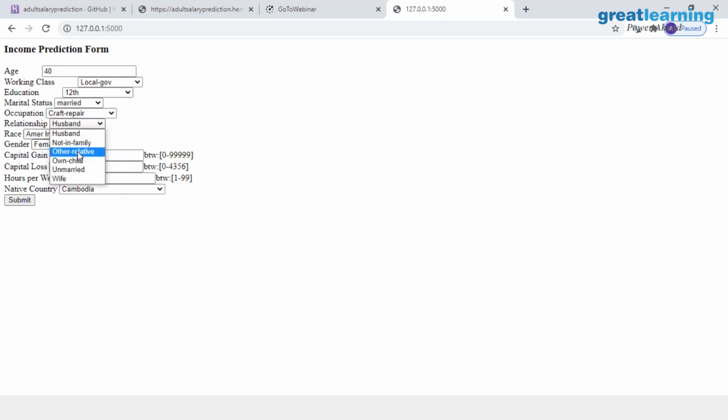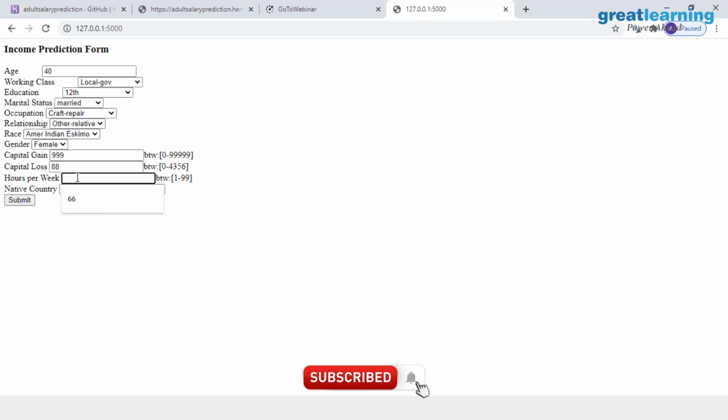Relationship is other relative. Race, gender as female. Capital gain, let's assume I entered some value 999. Capital loss 88. Hours per week, let's say 40. Native country, let's say Canada, and I say submit.